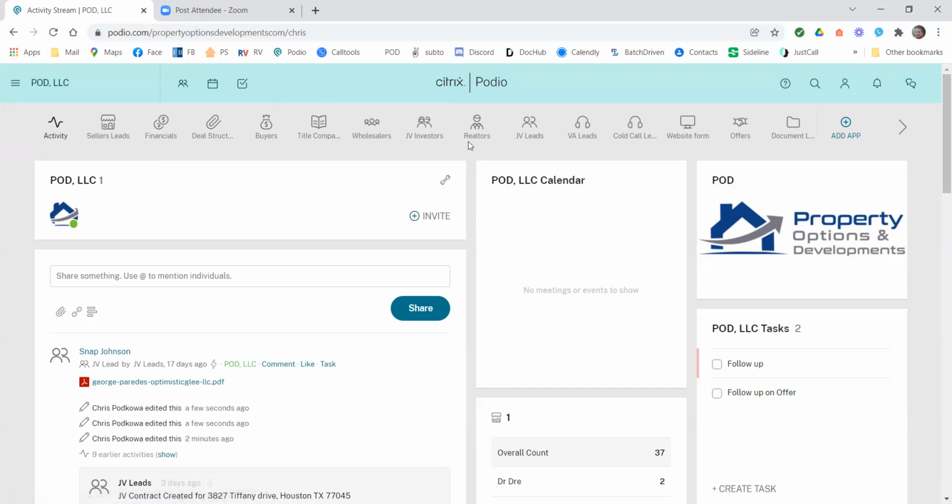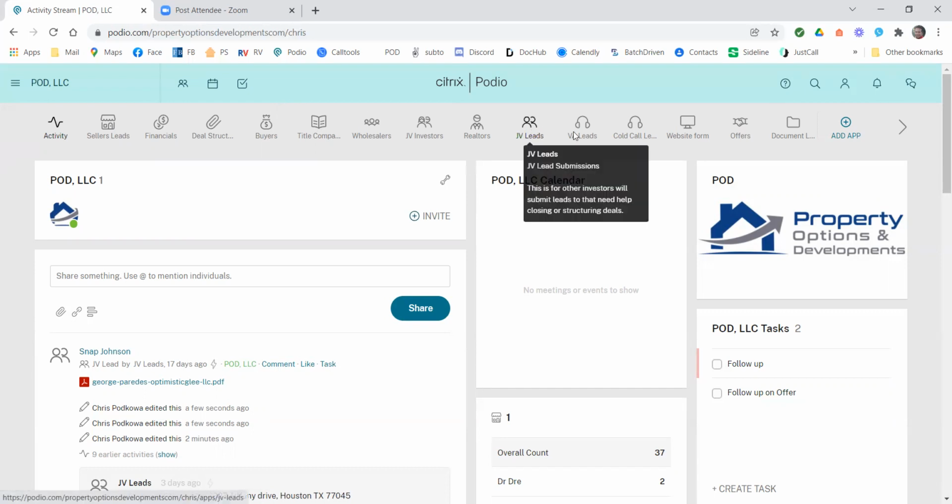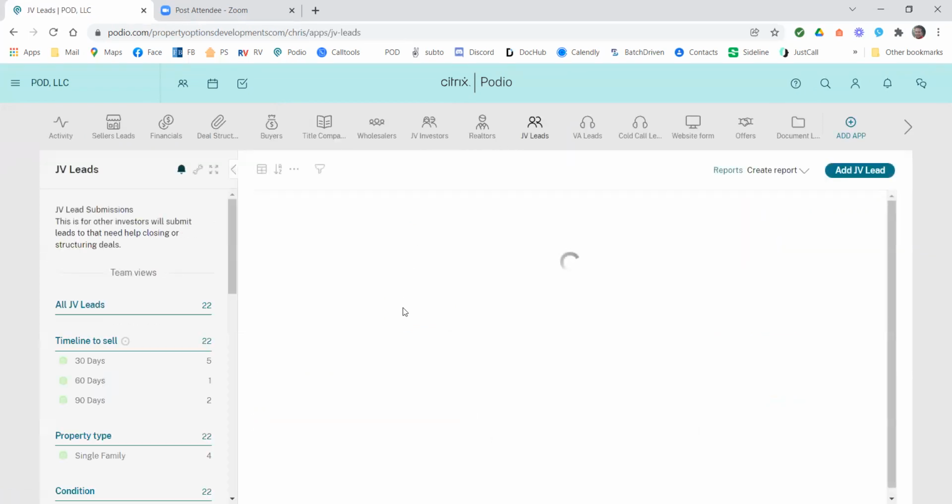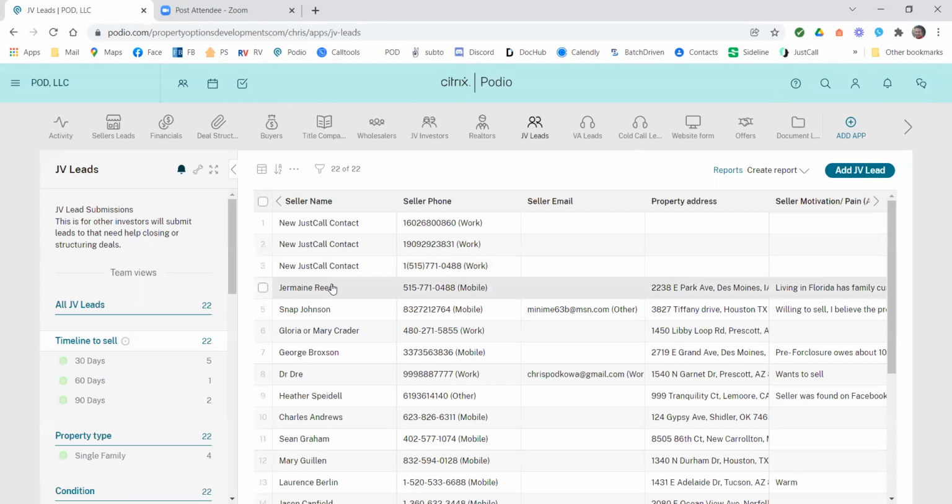You got your title company there and everything with that. So that's how the JV leads and the VA leads both work: it pushes them over to the sellers. The only difference is within the JV leads, when the lead does come in,